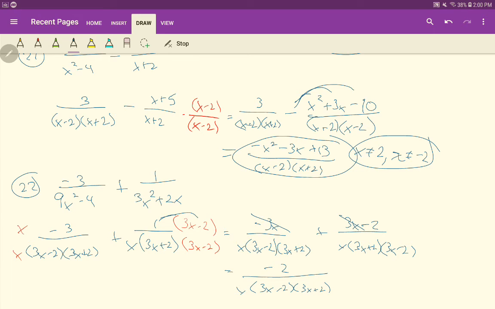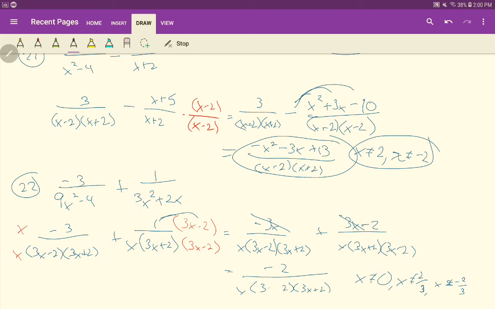And again, what are our excluded values? Well, x would result in 0, so x cannot be 0. This would give us a 0 if x was a positive 2/3. And then this would give a 0 if x was a negative 2/3. And again, you can find these values right here by just setting each of the factors